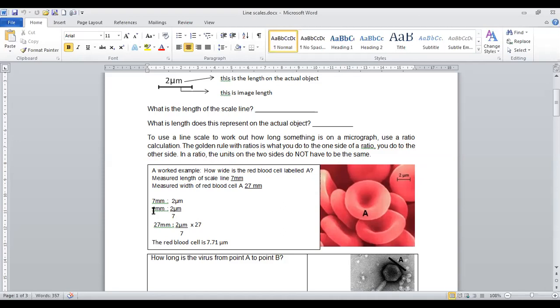Therefore, 1 millimeter. So what have I done on this side? I've divided by 7. Well, what must I do on this side? 2 micrometers divided by 7. Therefore, 27, which is what I measured from here to here, millimeters, represents 2 micrometers multiplied by 27 divided by 7. And so the red blood cell is 7.71